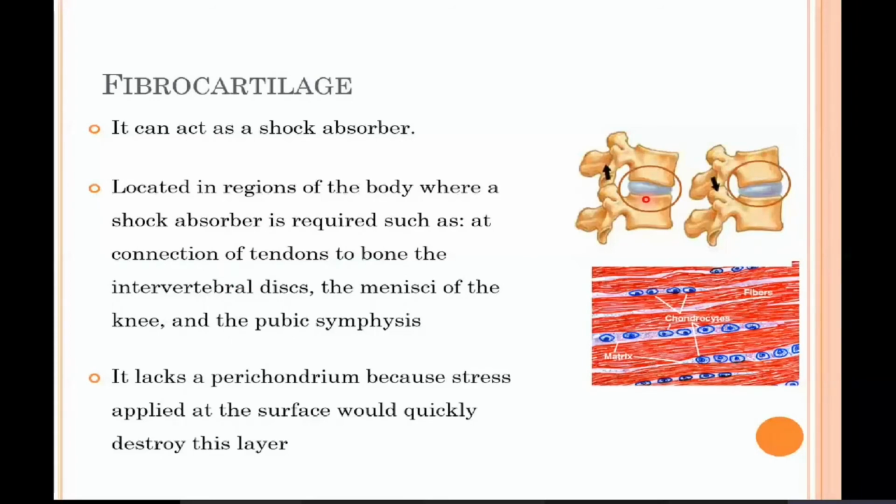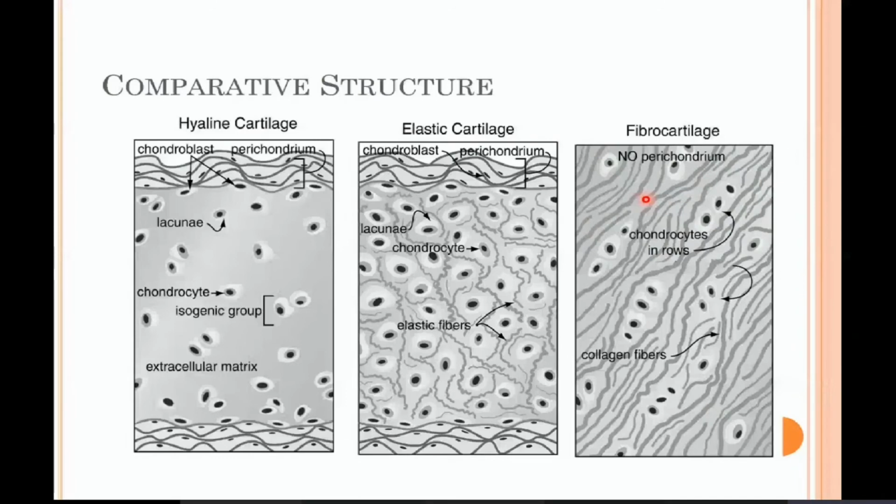The hyaline cartilage is this one, the second one is the elastic cartilage, and the third one is the fibrocartilage. If we talk about the surrounding connective tissue, the perichondrium, it is present in hyaline cartilage and also in elastic cartilage, but it is absent in fibrocartilage. The general appearance of the cartilage, due to their ground substance: hyaline cartilage is transparent and bluish white in appearance. Elastic cartilage is yellowish in color and is translucent in appearance. Fibrocartilage is again white but translucent.